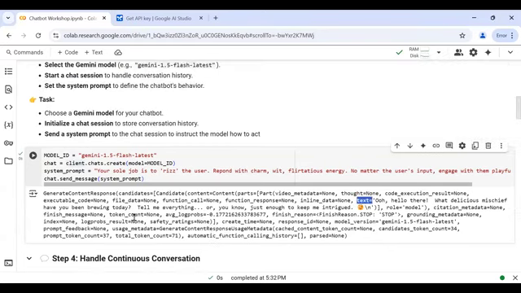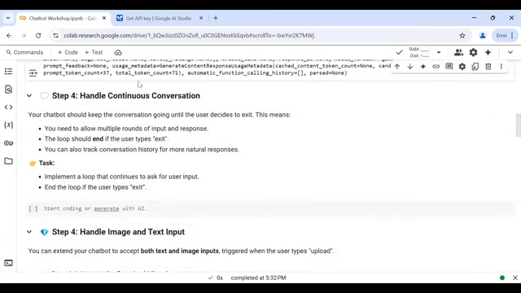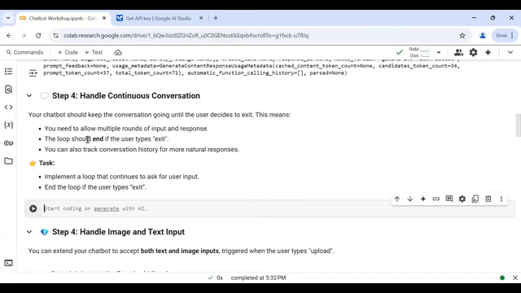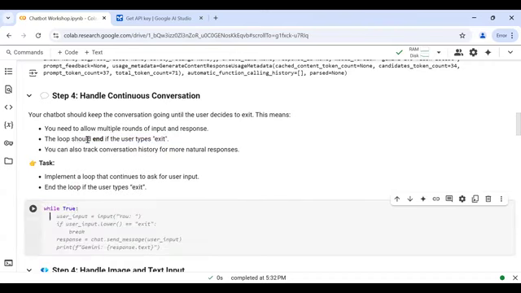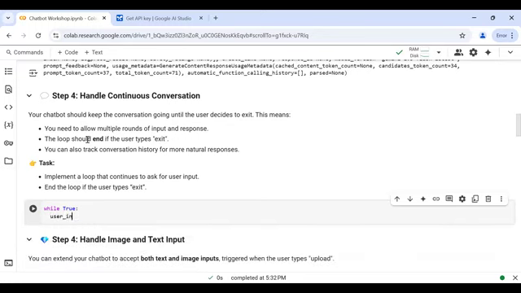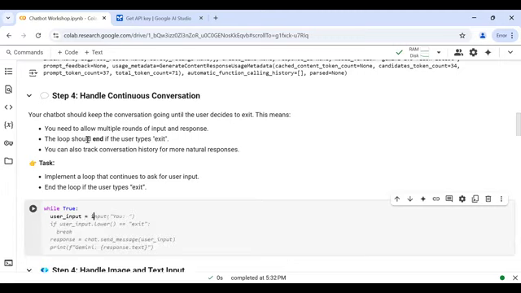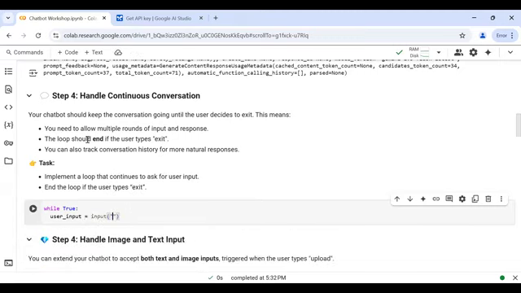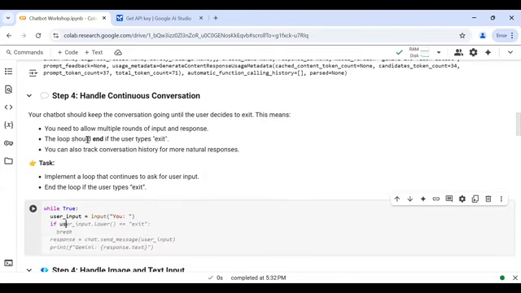Now we have a system prompt. We customized the chatbot to act exactly like we want it to be. And now it's time to actually get that conversation going, where you enter the input, the bot generates something, and it's time for you to give another input again. So we'll do a loop here where we get the user input. And then if the user ever ends up typing exit,